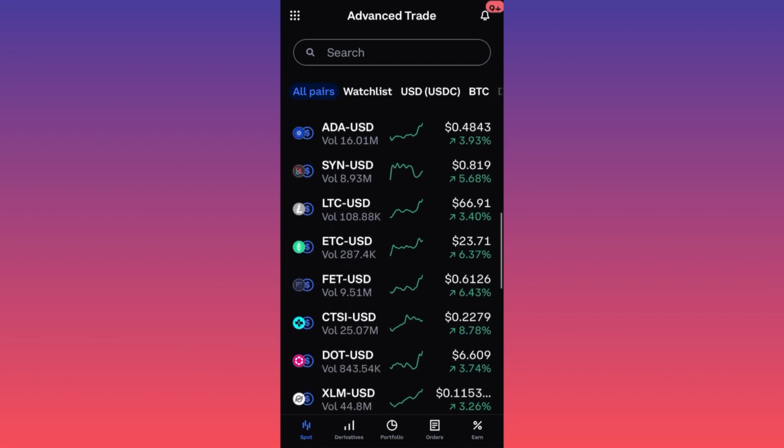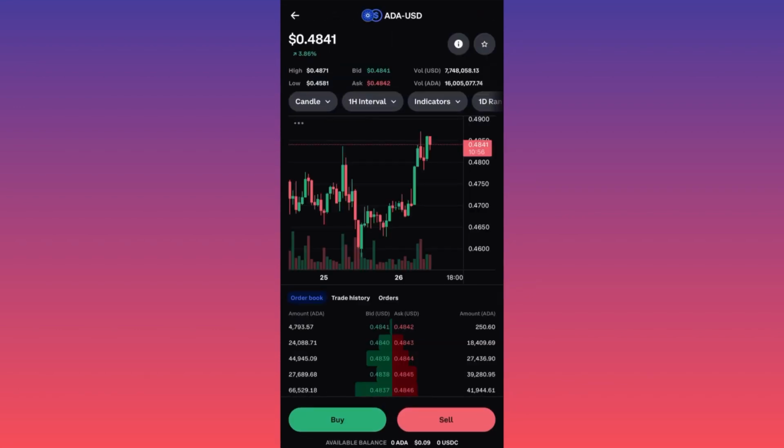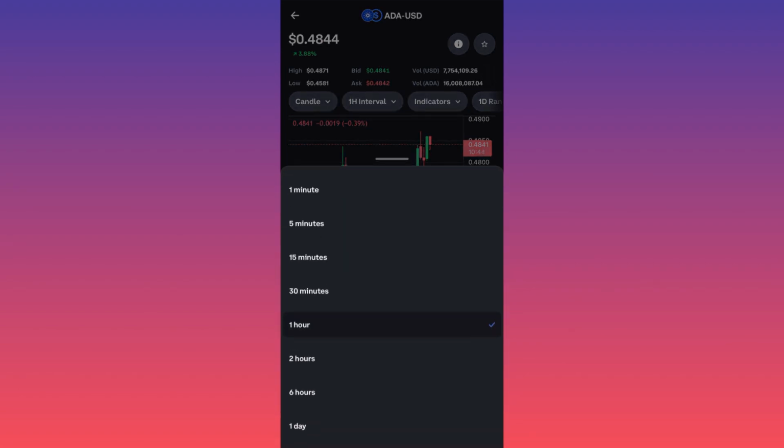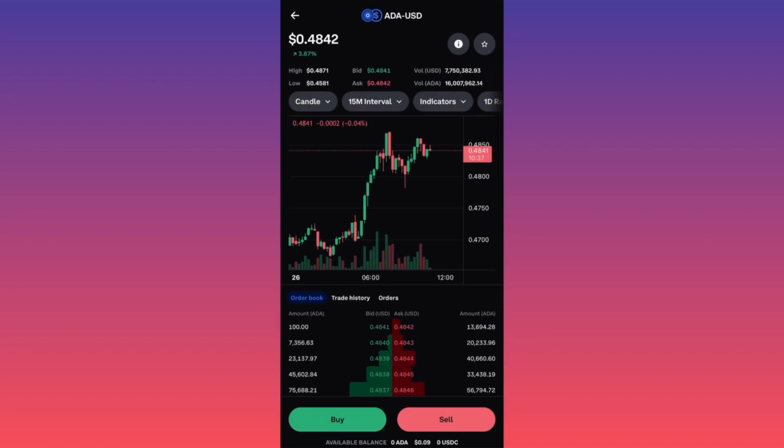Let's go on Cardano USD over here because we're going to use the US dollar to trade or to purchase Cardano. First thing I want you to pay very close attention when you're using your phone is that there is a default setting on Coinbase app, which is the interval. As you can see over here, it is always 1 hour. So if you are interested in trading in lower time frame, which is the most used 15 minutes, or you might use a different one, simply want to make sure that you check your settings before you proceed with any